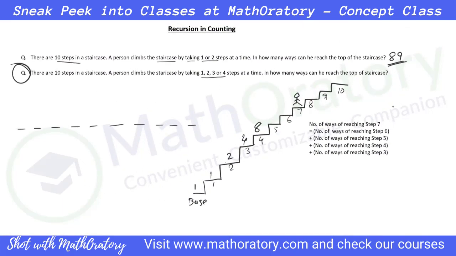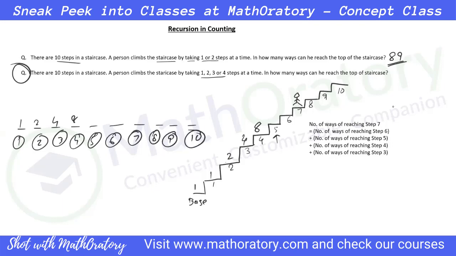See, till this point, for the first 4 steps, because the objective is 1, 2, 3, 4, you can take 1, 2, 3, or 4 steps. So for the first 4, the number of cases keeps on doubling. What you can do is for the first 4 steps, you can keep on doubling from 1. So these 4 terms can be figured out very quickly. This is step number 1, step number 2, step number 3, and step number 4. And there onwards, all you do is just add the previous 4 terms to get the next term.